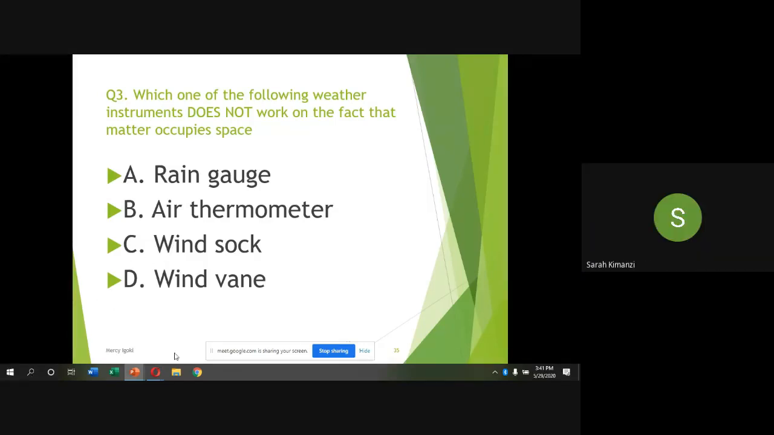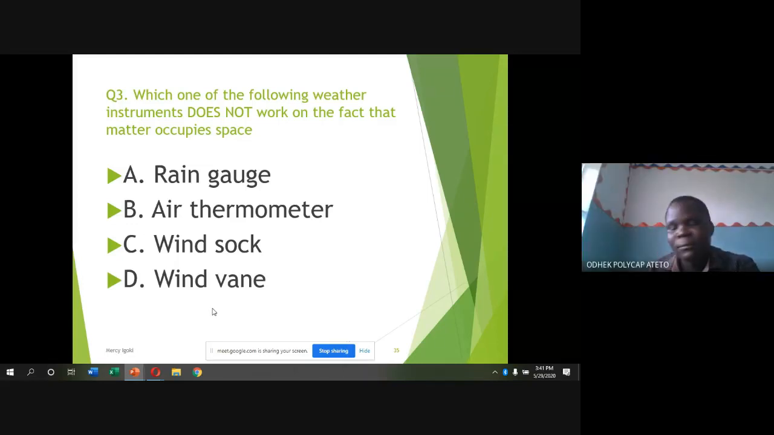Which one of the following weather instruments does not work on the fact that matter occupies space? Move very fast, Sarah. Now that we have discussed all of them,